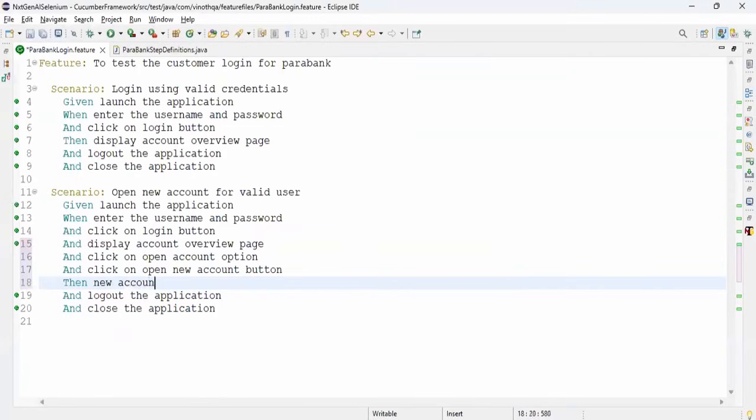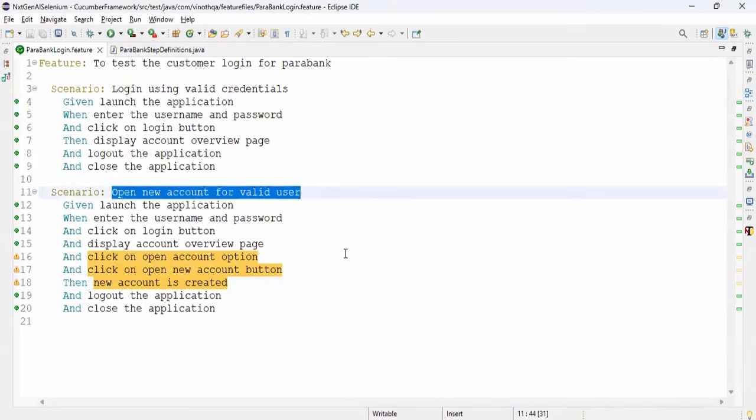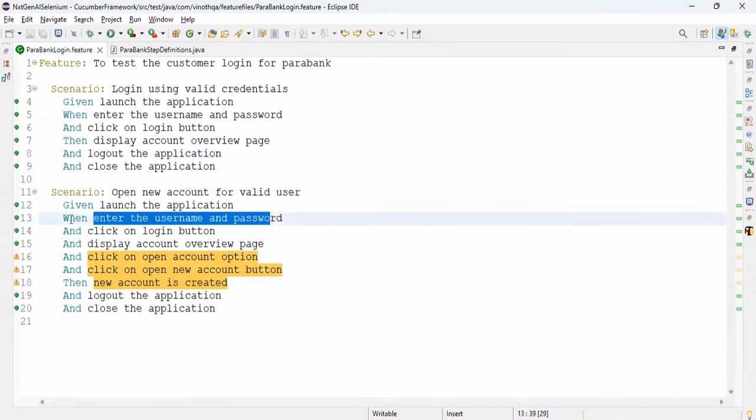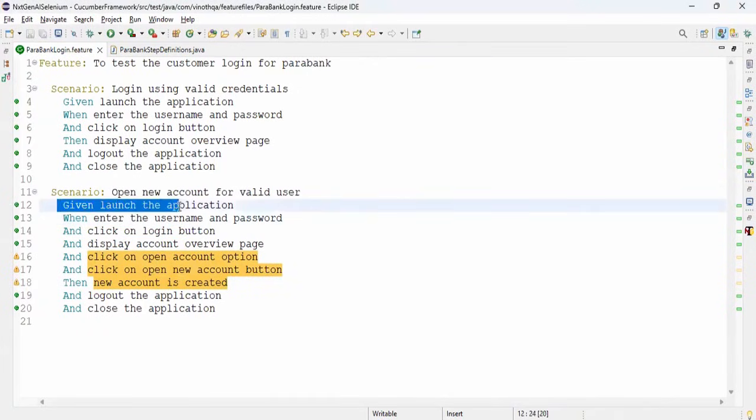Then new account is created. So now the second I put control, it automatically says that these options are not available. And this is for valid credentials. And now you're going to open a new account. So entering this again, in this case,